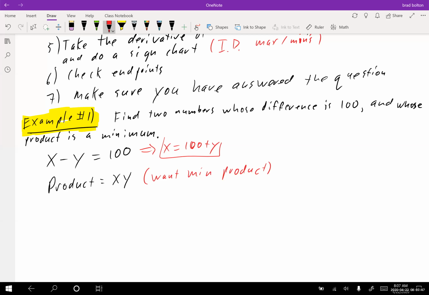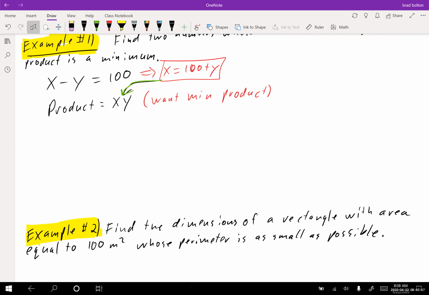Okay, so I now have x equals, and I'm going to use that to plug into the P equation. So P equals 100 plus y times y. But that's really 100y plus y squared. Okay, so now we're going to go,